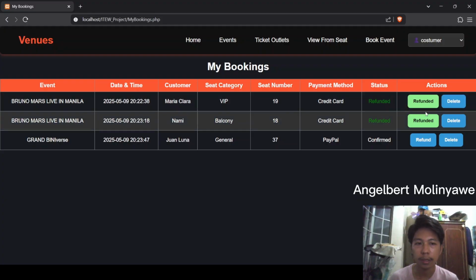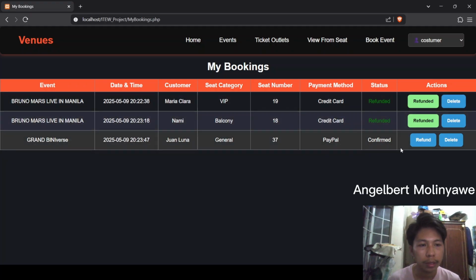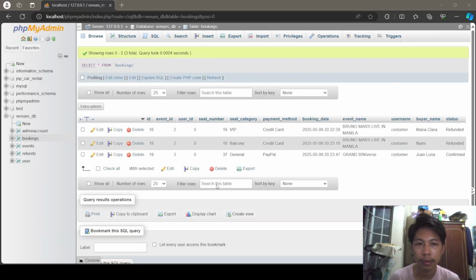As you can see, there are three event bookings displayed of the user's event bookings. And then this is the database. As you can see, there are only three event bookings.